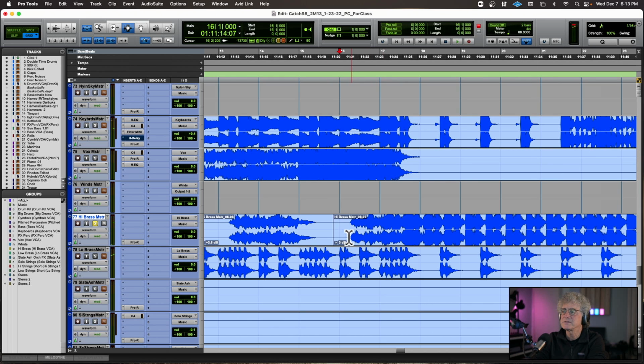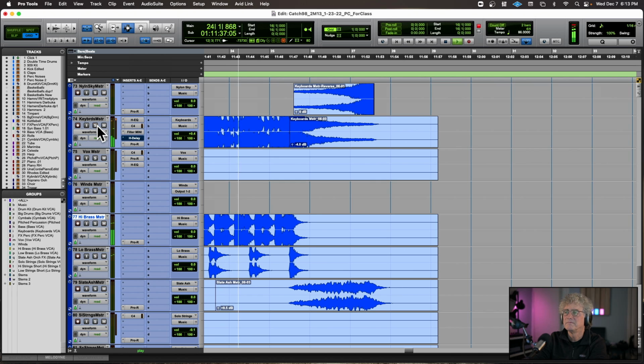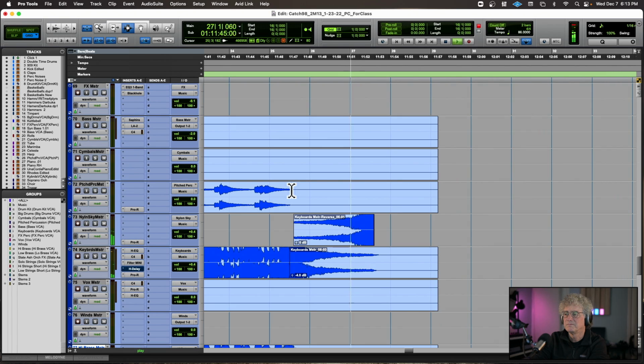So I've got the high brass and the low brass. And they've got reverse piano right here.